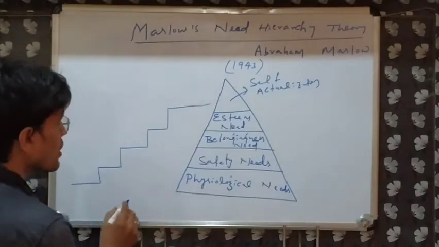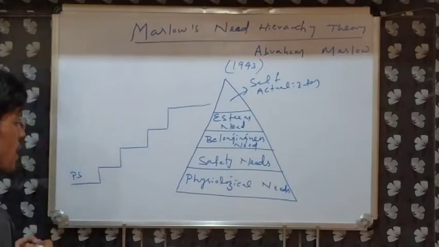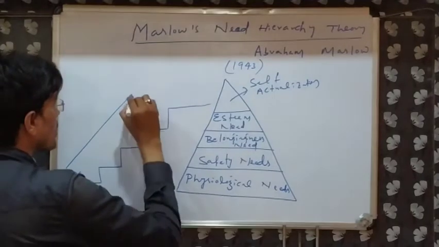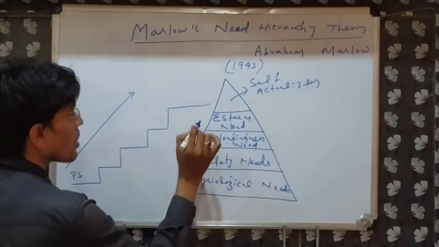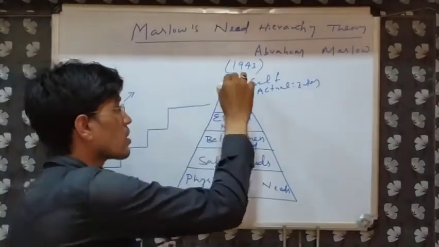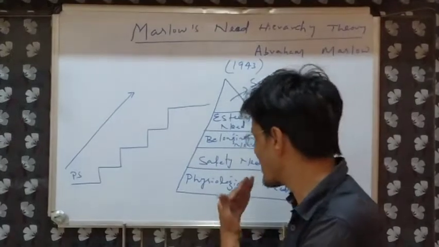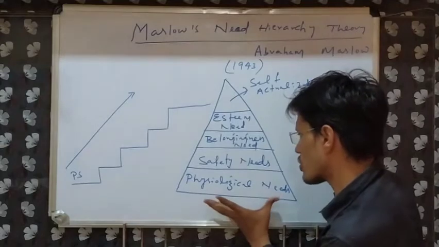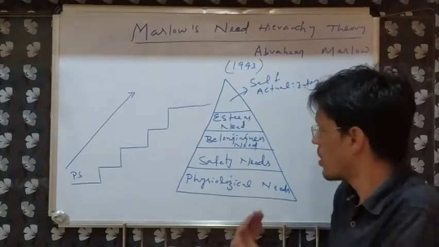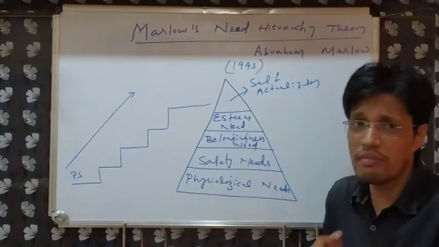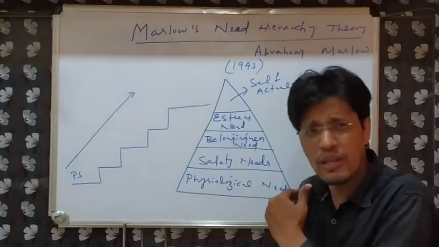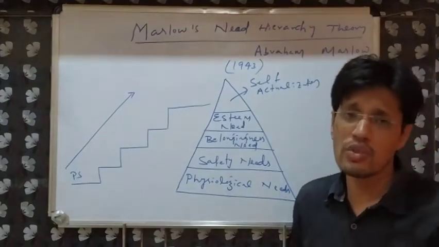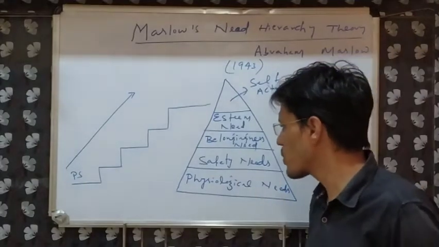is that physiological need comes first. Once physiological needs are satisfied, every individual tries to upgrade his needs from the first level to the second level, third level, fourth level, and tries to reach the top level, the peak level. So these needs encourage, motivate, and inspire people that once your physiological need is met, then he may be inspired to achieve the safety need, then the belongingness need. I will explain these needs one after another, so that you can understand it well. So let's start with the physiological need.